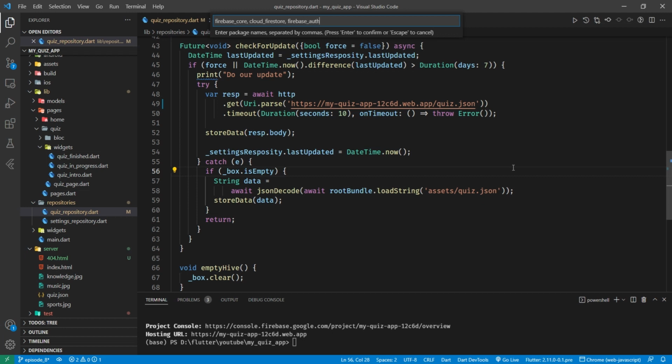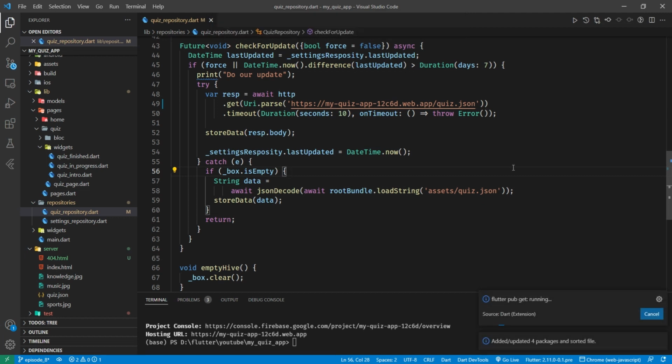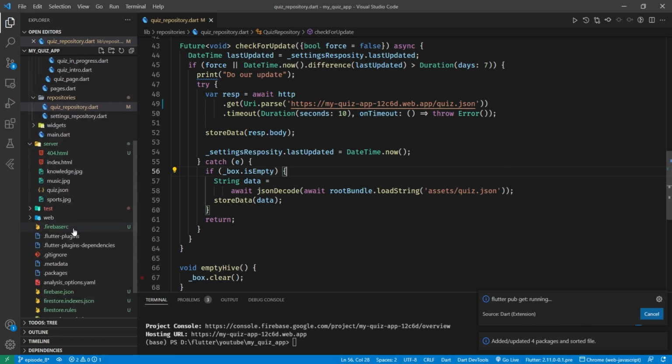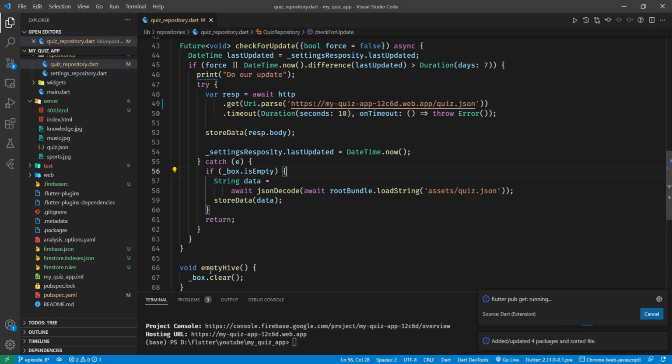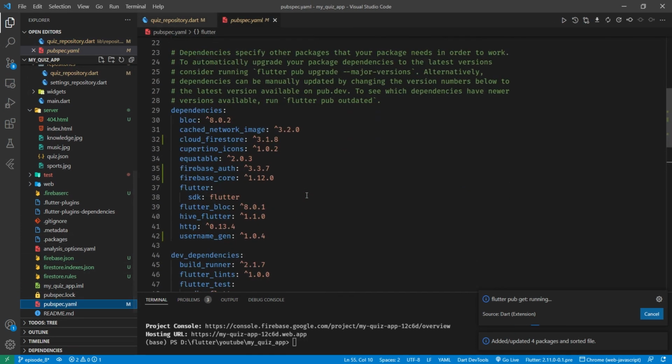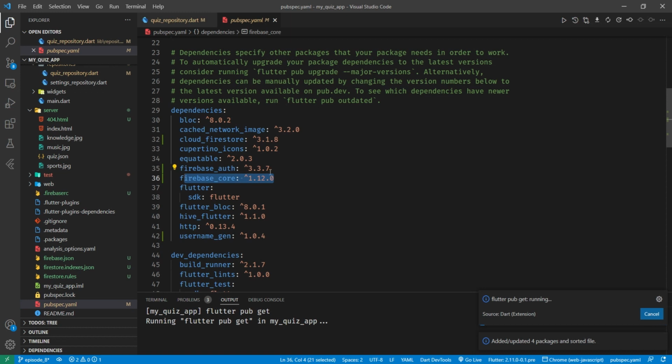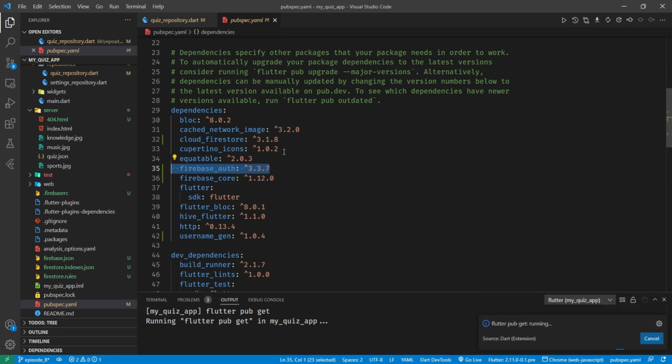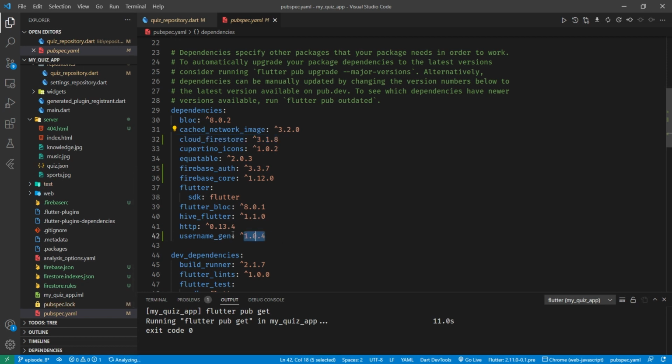Firebase Auth for our authentication, and then a non-Firebase related thing which I'm going to use later on, and we'll look at it after. It's called username_gen, username generator. So let's hit enter, get them installed, and just check our pubspec.yaml as soon as this has stopped running. And we should have, make sure they're all installed, Firebase Core, Firebase Auth, Cloud Firestore, and username gen. Okay,